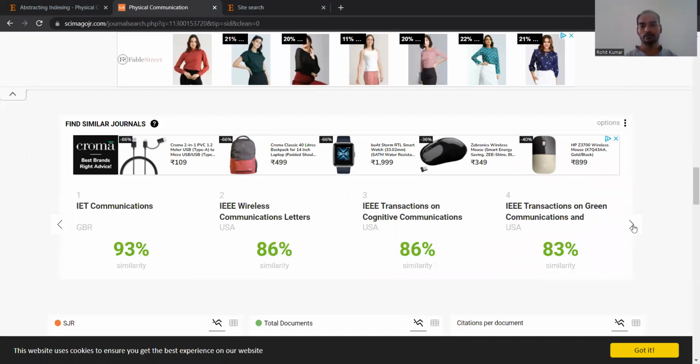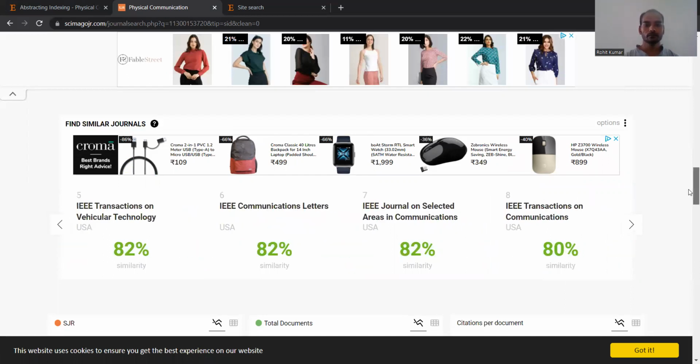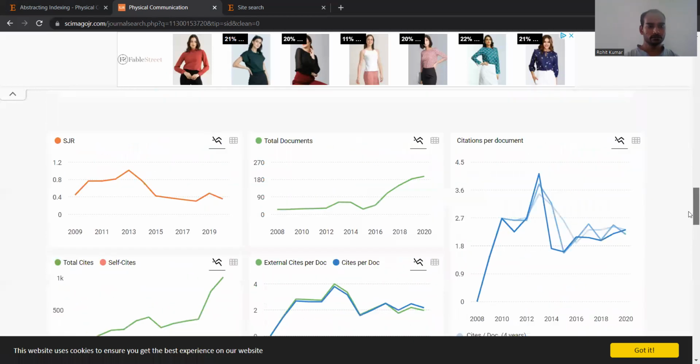Then you decide whether a particular journal is suitable for your research, or what sort of impact it is going to give after publishing. So there are some more, mostly from IEEE only. Then coming to here,